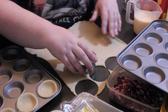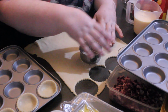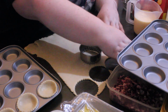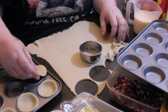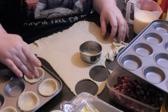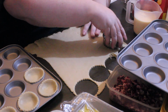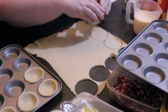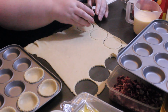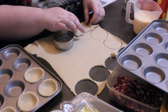So altogether, we made 8 different flavors in these quiches. The ones that we made this time round: we made ham and cheese, which we've seen quite a few of, ham, cheese and leek. We also did ham, cheese and red onion, so that actually makes 9 different ones. We also did salmon and asparagus, and we did asparagus. We also did 3 onion and cheese,